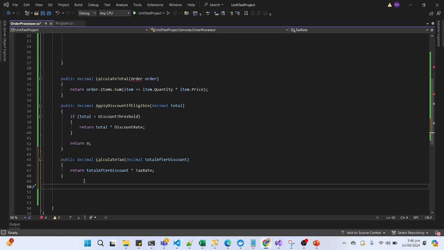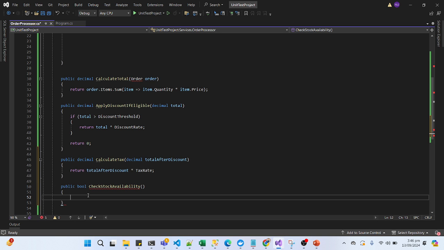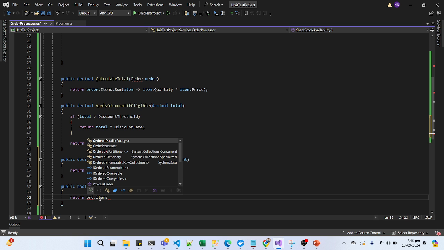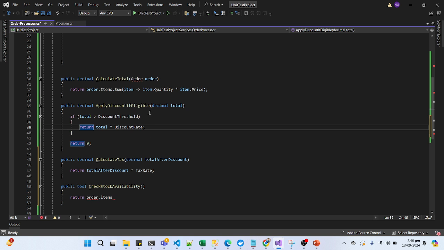Let me create this function, public bool CheckStockAvailability, and this function will just return order.Items. So it will take basically the order as a parameter,